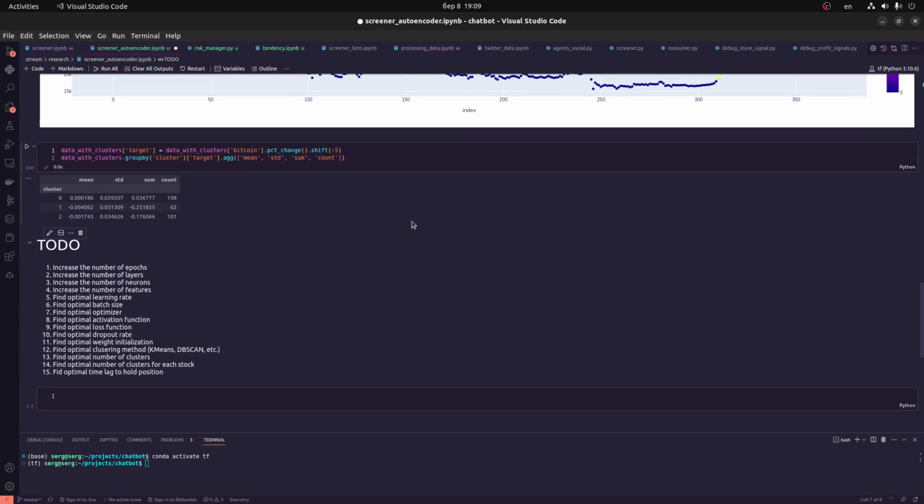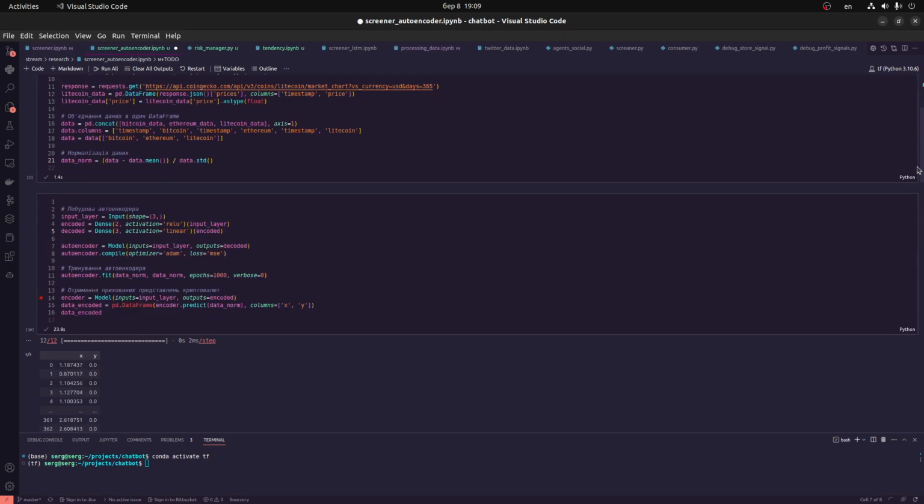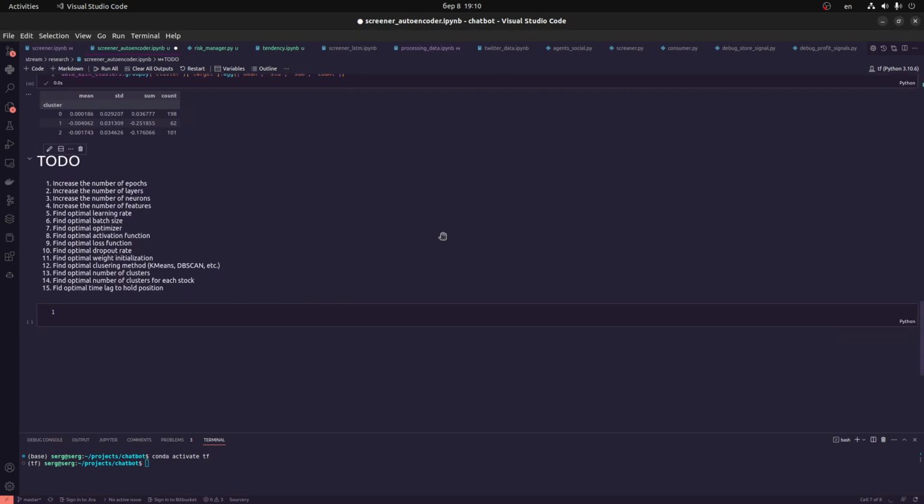And okay, this is a to-do list of what you could do to improve your skills and make more research. Firstly, of course, we need to improve our neural network, because it's a very simple neural network, and we need to make it more complicated. So you could also increase the number of epochs, number of layers, number of neurons, number of features, because I'm using only close data